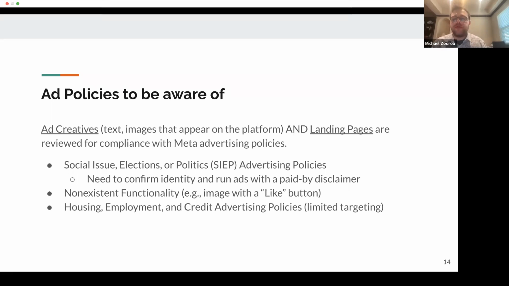Ads are reviewed, both the ad creatives are reviewed for policy compliance, that is the text and images that appear on the platform, as well as the landing pages. So if a user clicks on an ad, the page that they're directed to is called the landing page, and both the ad creative and the landing page are reviewed for compliance with Meta advertising policies.